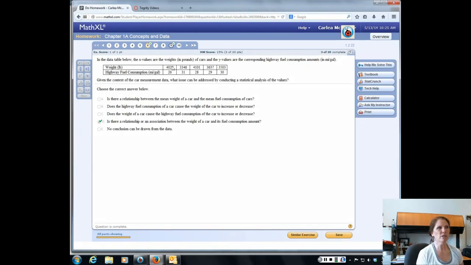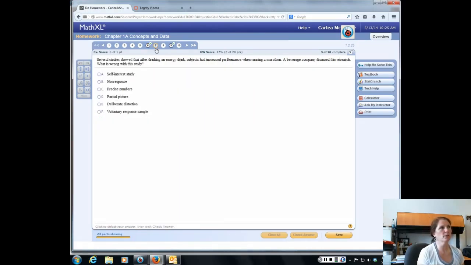Well, we don't have means here. We have actual numbers. So we don't really want to look at the average. We just want to look at that. And so in this case, the relationship would be, is there an association between weight of the car and fuel consumption? Yours will be slightly different, but